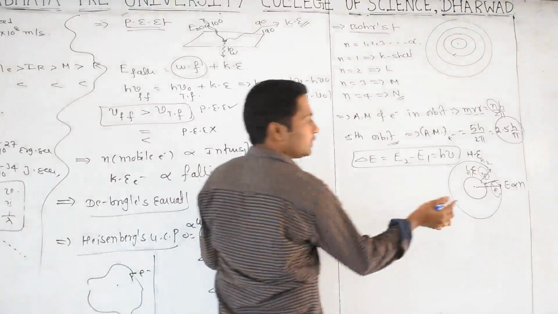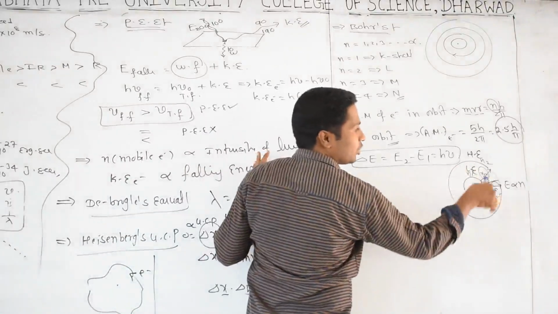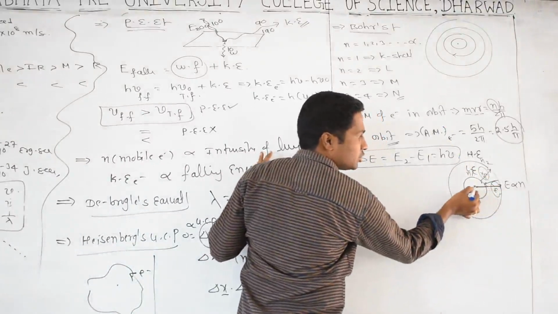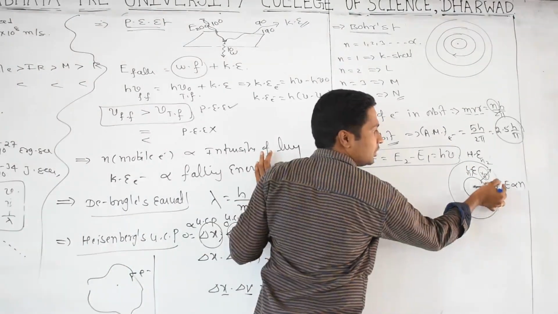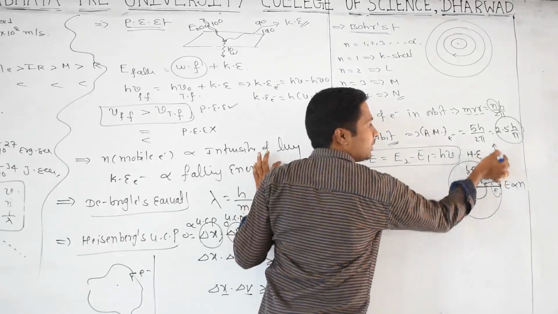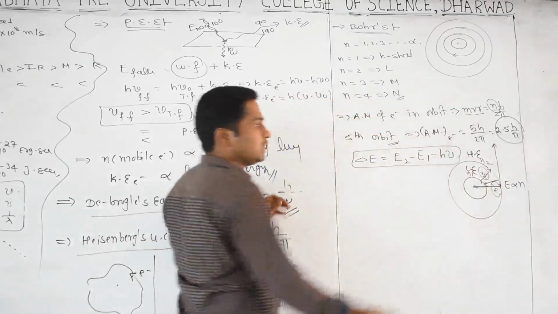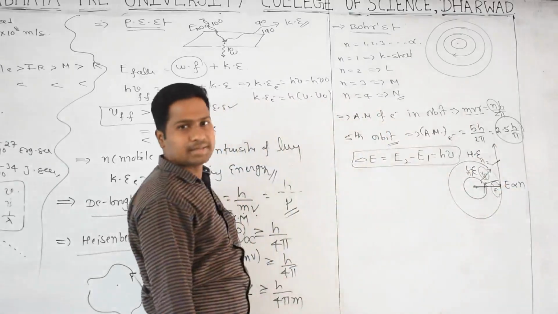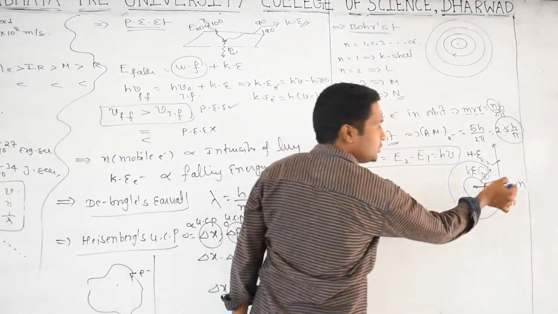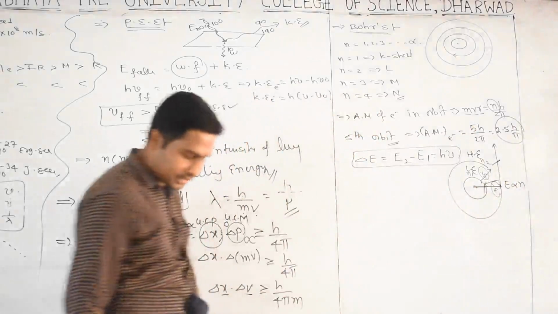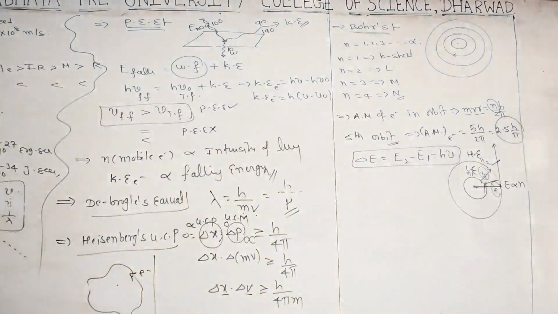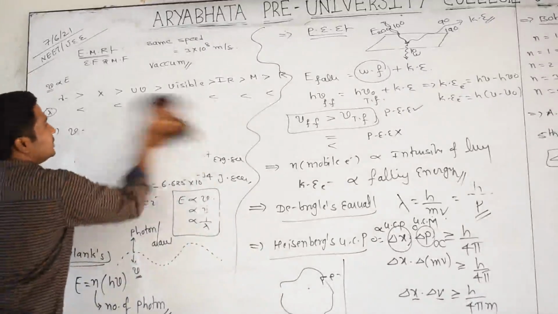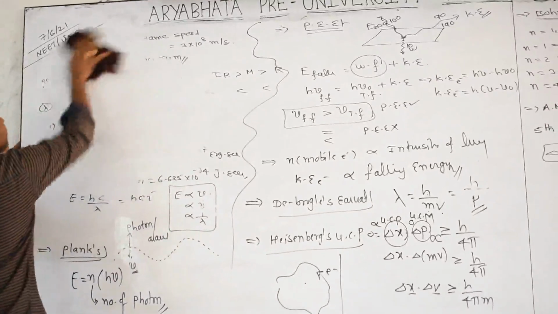Finally, one thing: whenever the electron is revolving like this, two things are operating here. One force is pulling towards the nucleus, and one force is pulling the electron in a perpendicular direction away from the nucleus. Both are equal but in opposite directions, so they mutually cancel. The net force on the electron will be 0, that is why the electron keeps revolving in a particular orbit. And we will see some other things related to the Bohr atomic model.